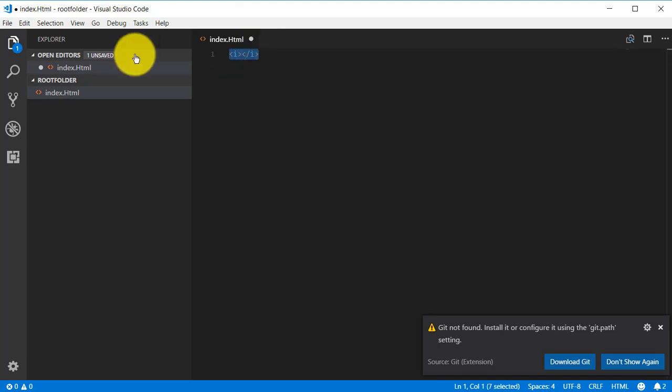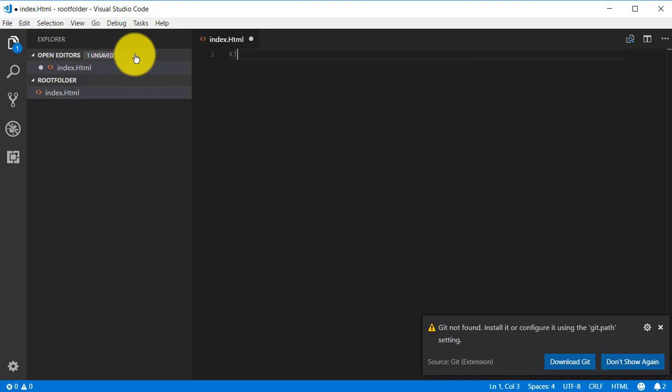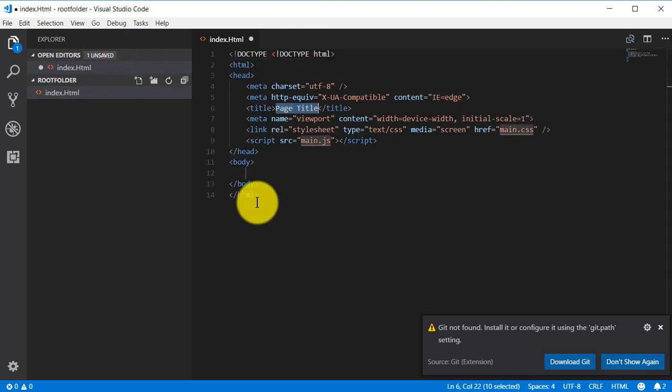Similarly, if you need bold, you need some other tags. So now the question that arises here is, how will the browser know that this document is HTML? So for that purpose, you have to write an opening angle bracket, and then an exclamation mark, and then you have to write doctype, and then give a space, and then HTML. Right now I don't know why it is not writing HTML like this,